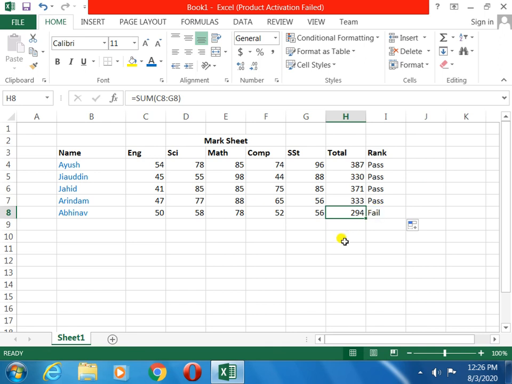Just see what I'm going to write as the formula. You can see I have written here the formula: equal sign, then the if statement, then the cell number. Which cell do I want to give here? The total number, so this cell, the total, we have to check. Then the value, which value we have to give. I have applied here 300.